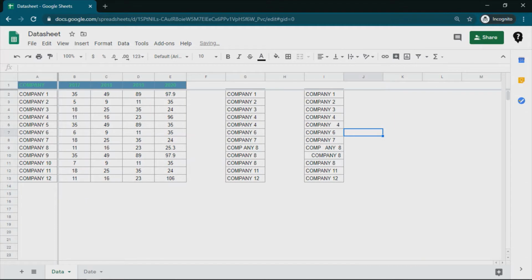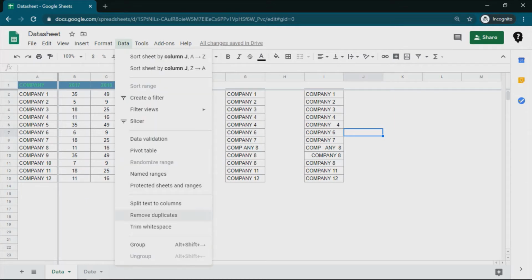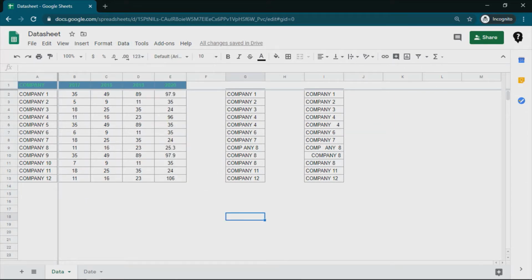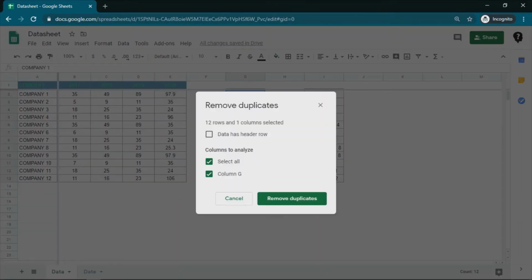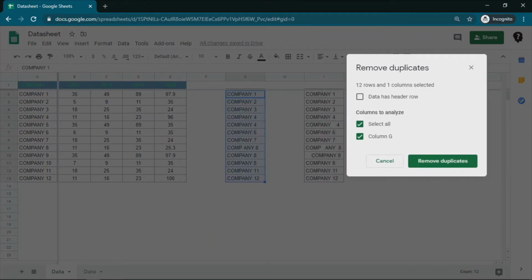Moving on, remove duplicates. Now, there is company 4 twice here and company 8 thrice here. So what ideally it should delete is one instance of this and two instances of this, right? So I can first select the range, go to data and remove duplicates. It will ask me whether my data has a header row and then the column to analyze.